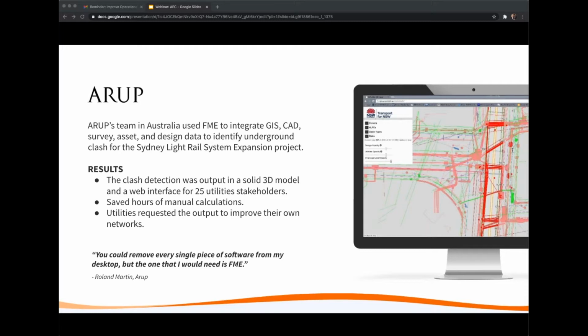With FME, they were able to automate the process by creating a reusable workflow that integrated all of the data sets and applications, and having it updated each week as new survey data came in. This helped the team significantly reduce manual workload, allowing the engineers to focus on their elements of the design. In the end, they were able to provide 2 outputs for stakeholders to review: